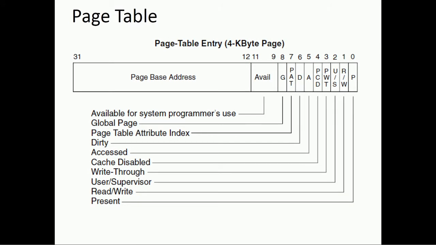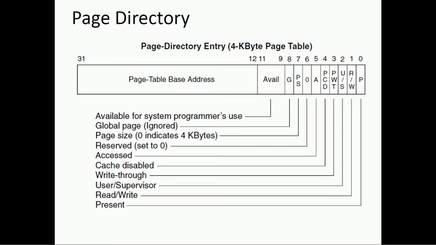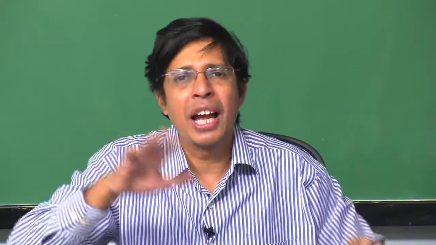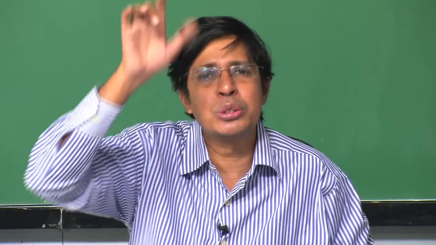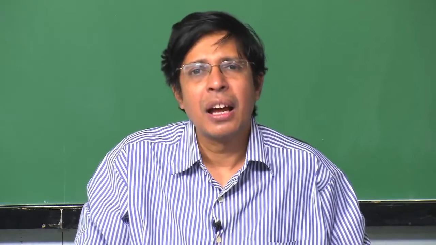And similarly this is true with your page directory, that is the first level paging, which you index into using the top 10 bits of your 32-bit address, and this is also true for all the second level page tables where you use the second 10 bits to index into it, right.